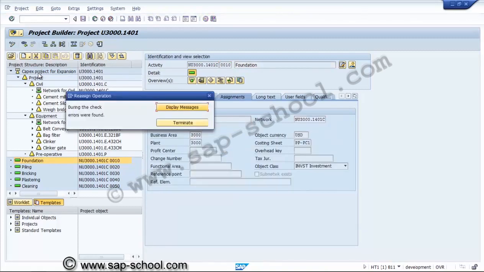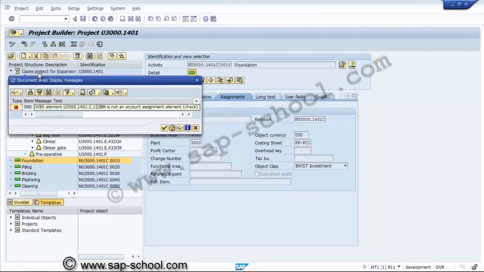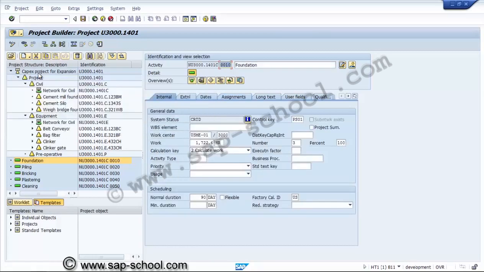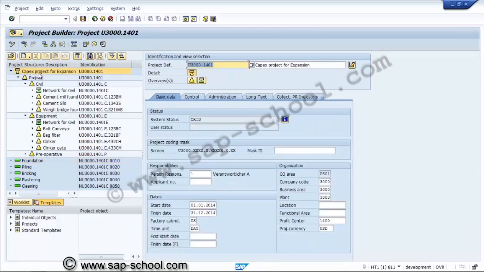The system will display a message if any issue is there. The system is not allowing us to assign the WBS element just because the account assignment check is not assigned. So now we'll go and see